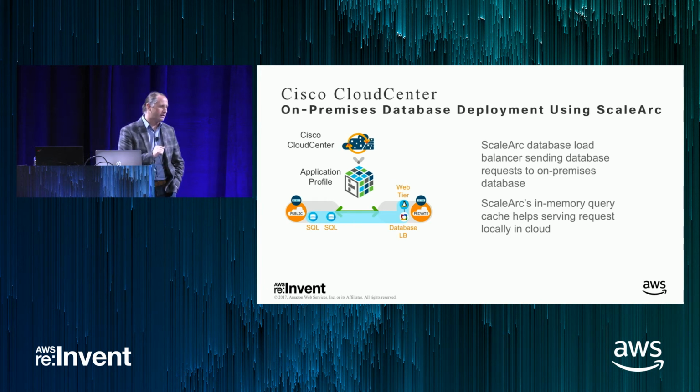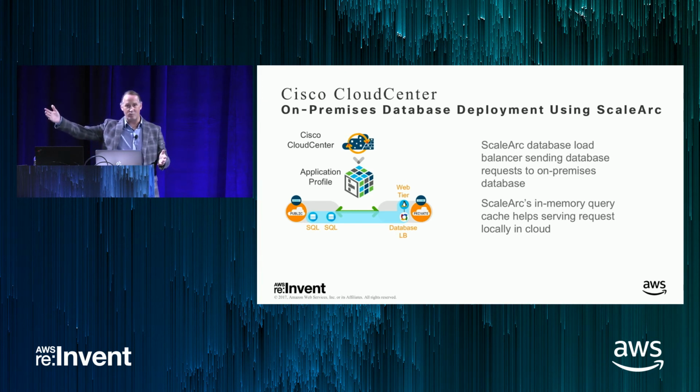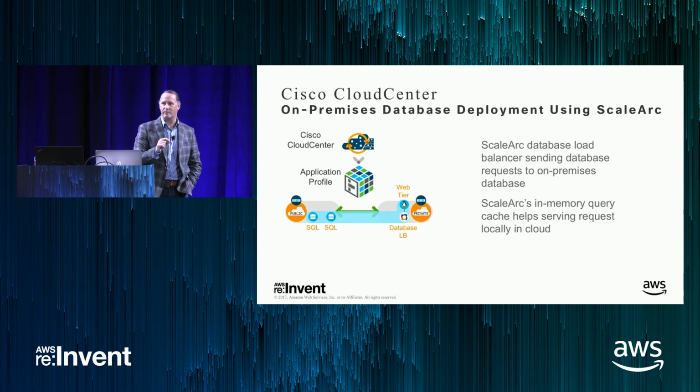So we're using another product here to specifically solve it. They are here out on the floor as well, not a Cisco product, ScaleArc. There's other products that do this, but there's a couple different scenarios here that we're going to talk through. I want to keep my database on-prem, but accessing my database from AWS is a performance problem. It's a long distance. You're going from a US-based data center out to a European mobility presence, and that's just too far to go to have the application read. Or it's a shared database, and a lot of other things hit it, and so you have an adjacency problem. You can't just pick up the database and move it. So in this scenario, we're actually using ScaleArc not to move the database, but to create a perceived local cache.